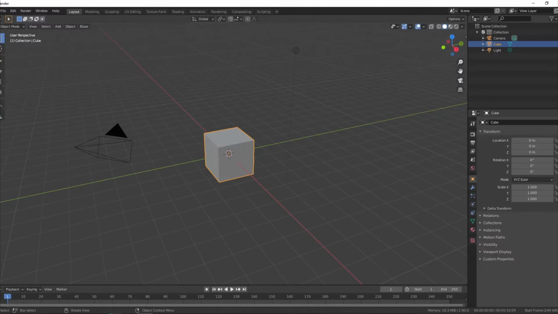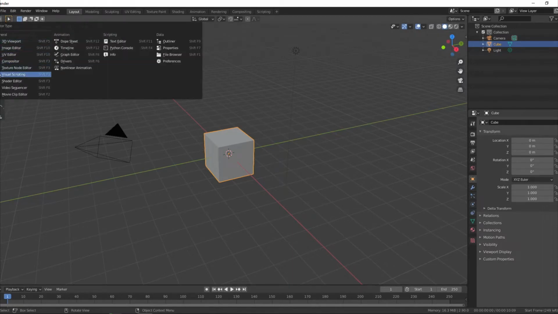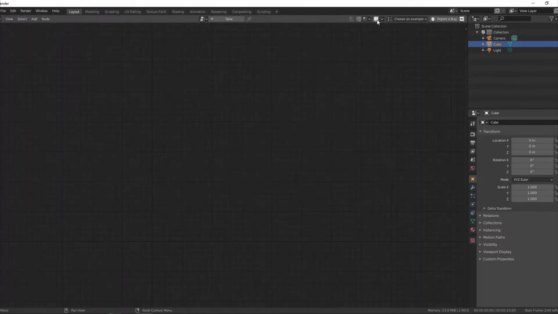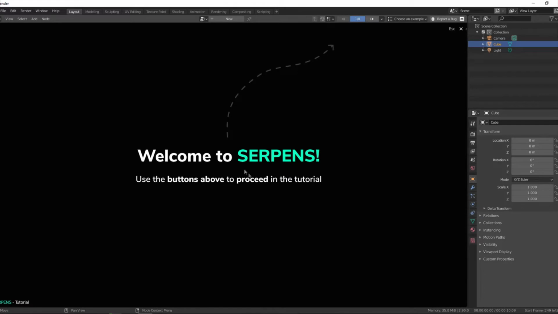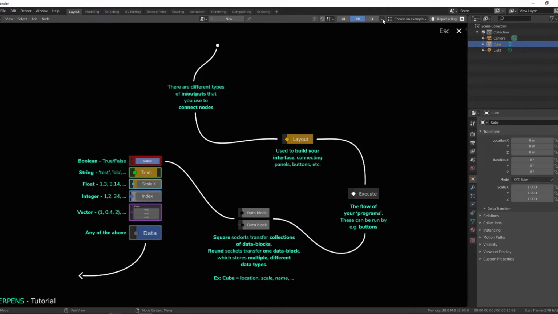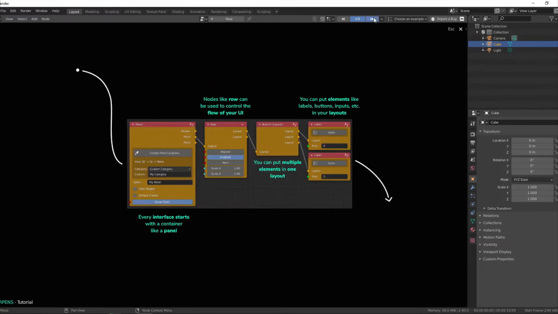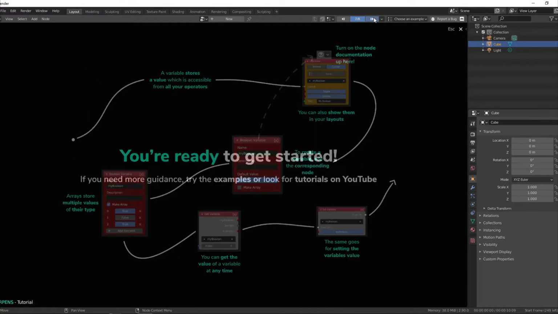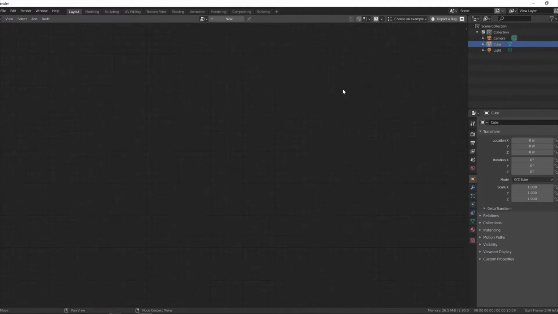After you install the add-on, you can see its own editor, and in the node editor you can click on that help icon if you are a new user and need a quick introduction. When you click on that icon, you can see that there are some slides to introduce you to its user interface and different types of nodes with some screenshots. This is a pretty good and quick short tutorial, and you can head over to the documentation of this add-on for a more detailed introduction.